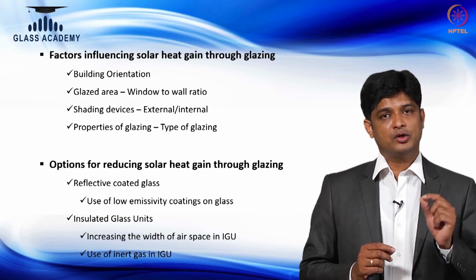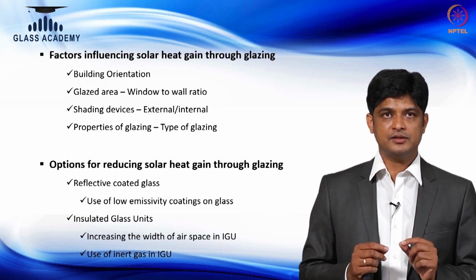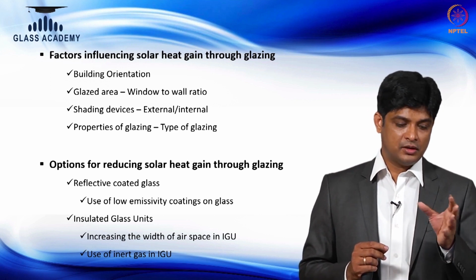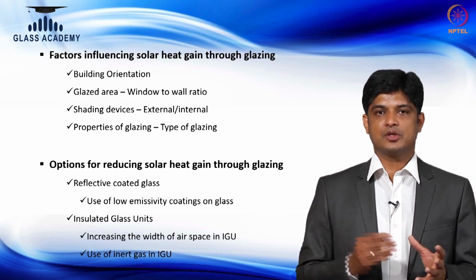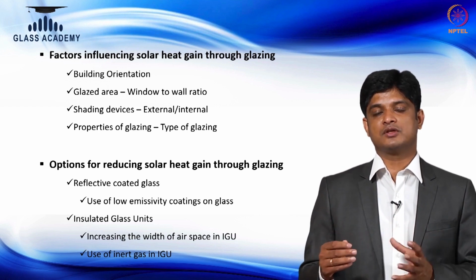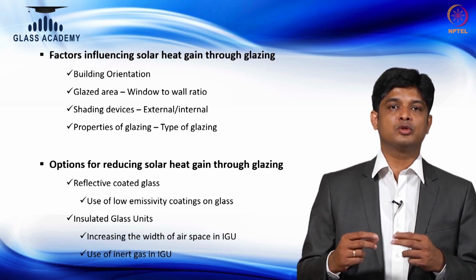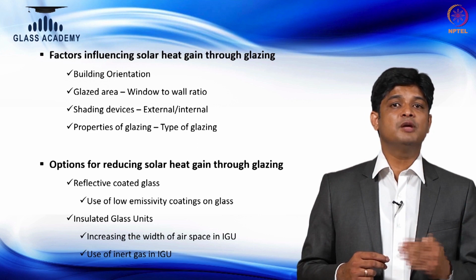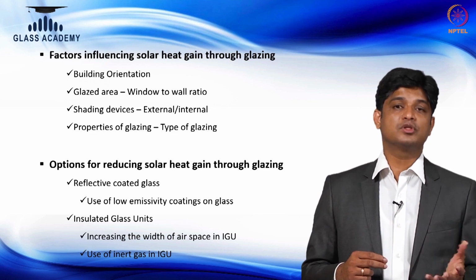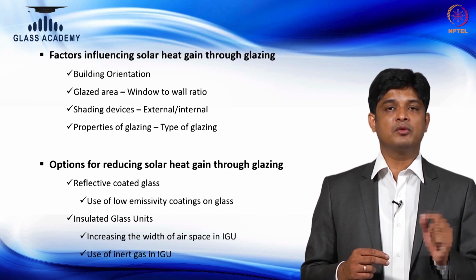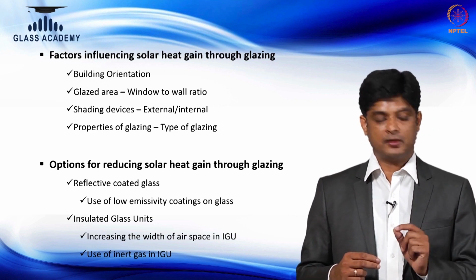So to again recap, the key factors influencing the amount of solar heat gain coming in: first is the orientation, where ideally you have to play with east and west versus north and south. You can try to place the building more towards north and south than towards east and west. Then the window wall ratio, what is the percentage of window wall ratio with respect to the orientation. Then is there any possibility to have a shading device so that it can help you to cut the heat coming in. And the fourth important parameter is what is the performance of the glass going to be used in the building based on the purpose or the occupational pattern.